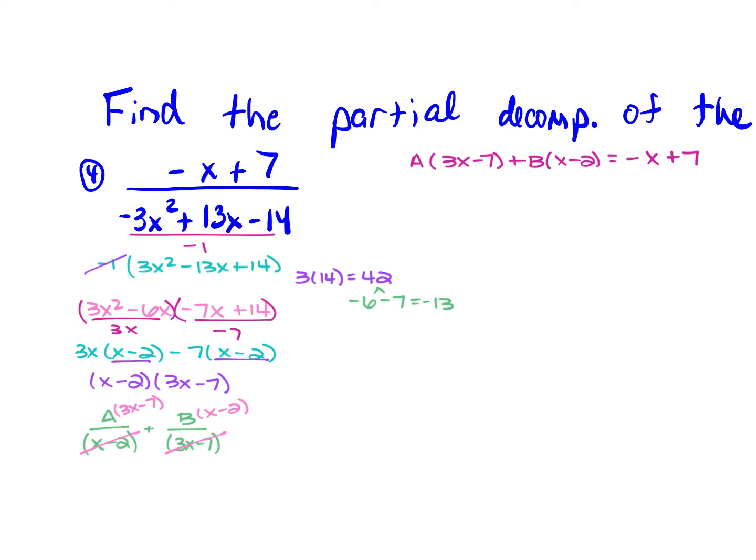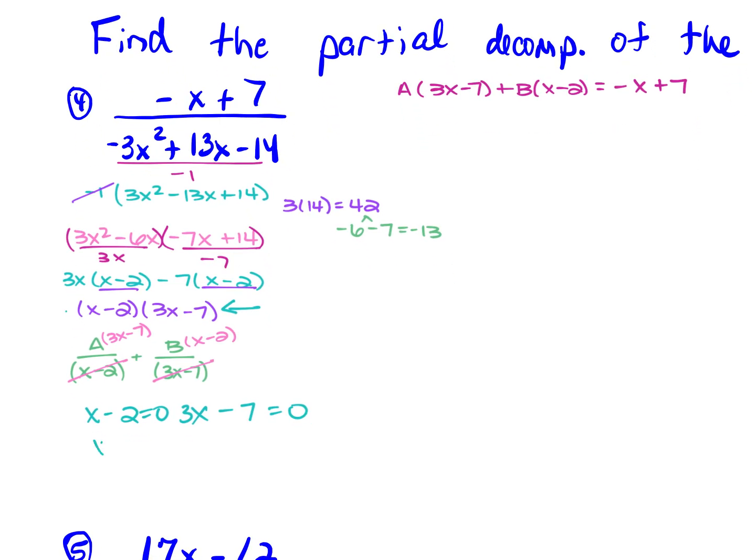We have to plug in for x now. What are we going to use in order to plug in for x? What did your denominator factor out to be? The x minus 2 and the 3x minus 7. Set them both equal to 0 and solve them. This is going to give you that x is equal to 2 and x is equal to 7/3. So if you want to use the 2 first,